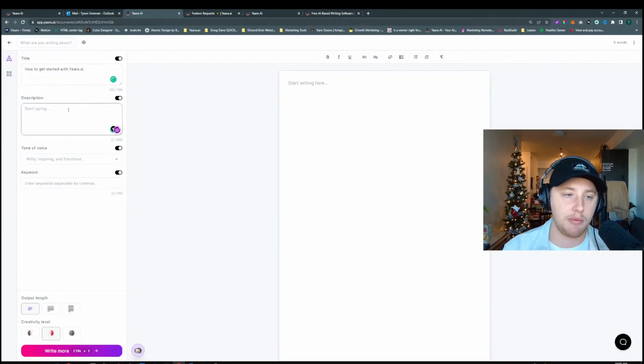And the description, you're going to put in a description. This is super important when you're putting in any type of AI information. If you put in too little information into Yaara, you won't get good outputs. So you kind of have to be a little descriptive in some respect of what you want it to say,